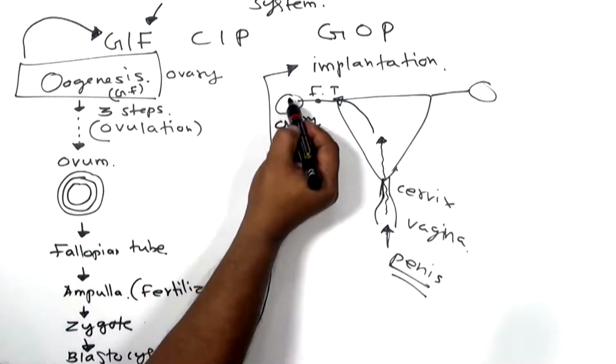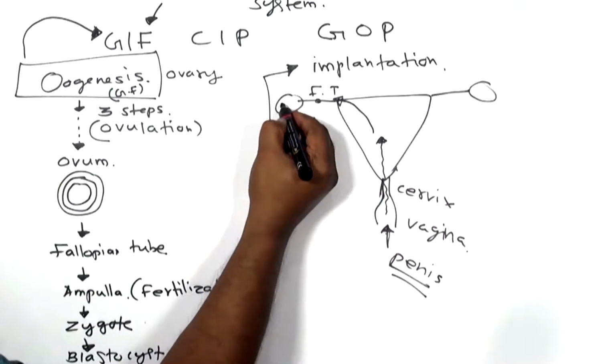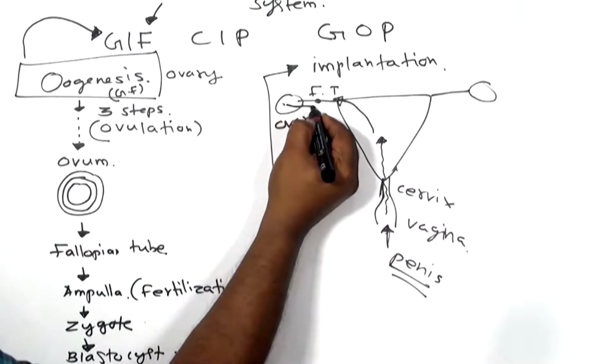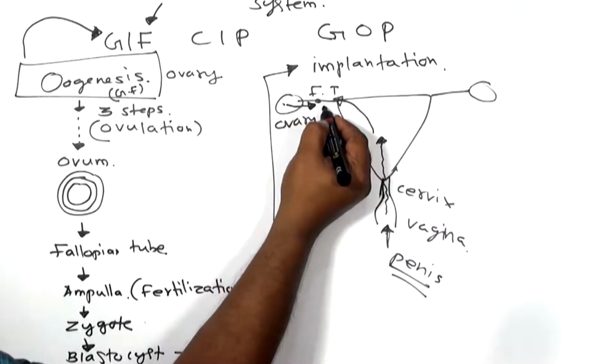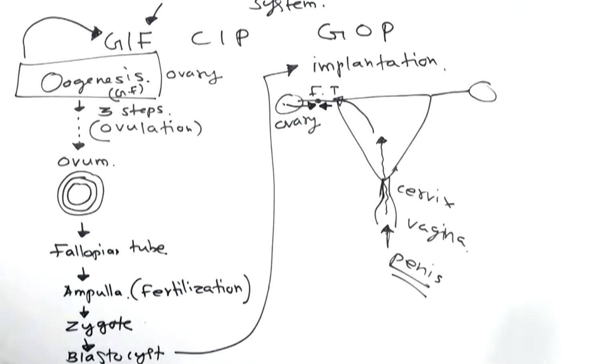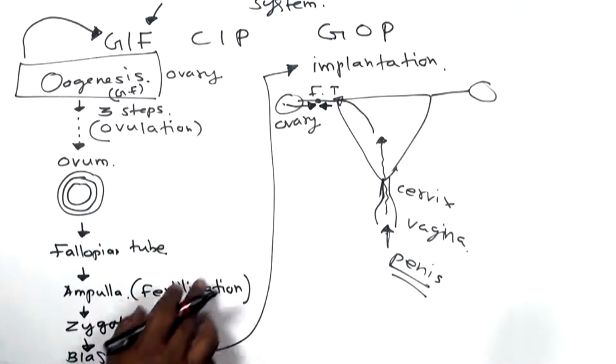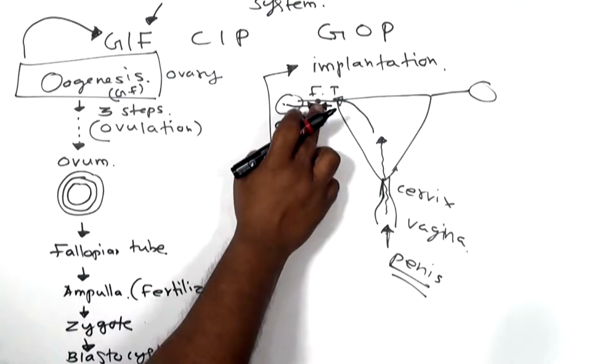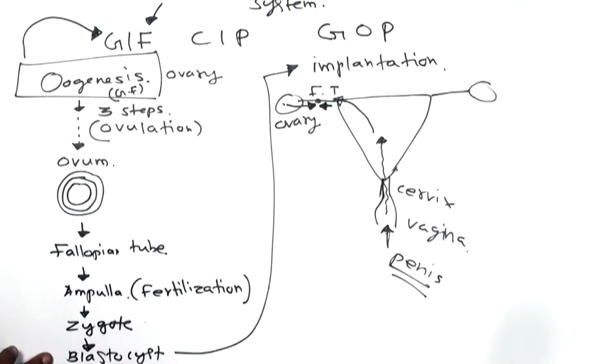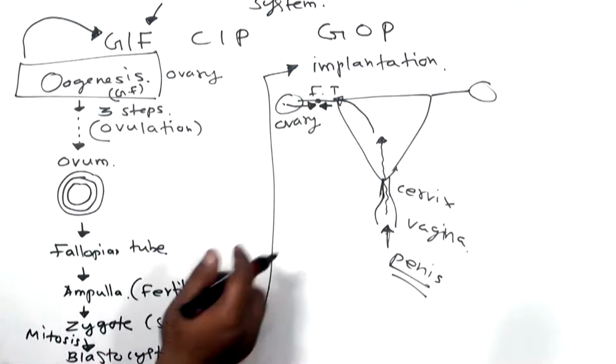In the same way, from the ovary through the Graafian follicle, the ovum will also come to this junction. They try to meet at this junction. That is the meeting point, what we call the ampulla. At that location, fertilization takes place. Once it is fertilized, as I told you, it will be turned into a zygote and then a blastocyst. The zygote is actually a single cell. Later on, it will form multiple cells by a process called mitotic division. Through mitosis, they form a blastocyst, and after forming a blastocyst, they are ready to get implanted.